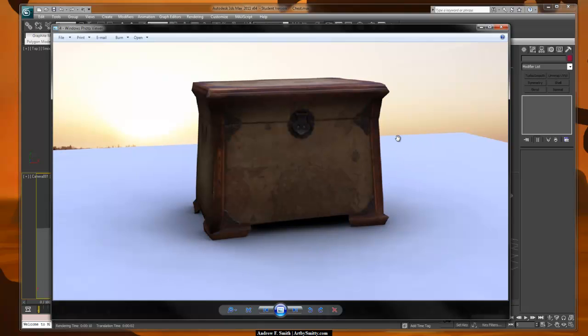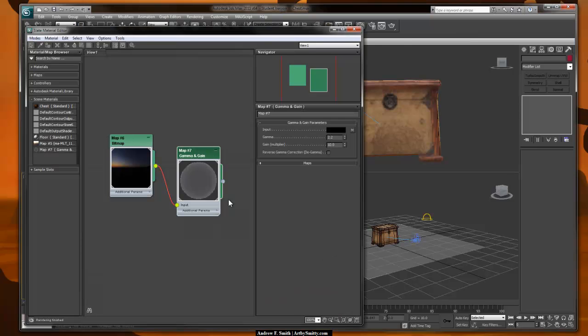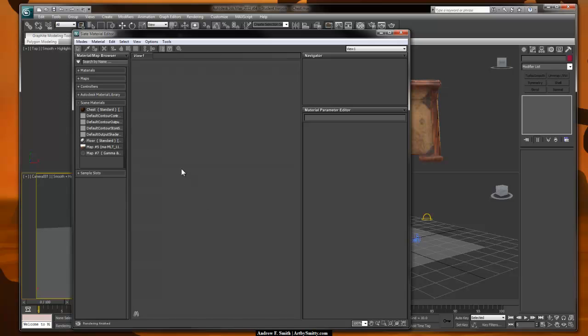Now obviously we want this ground plane to be see-through, and we only want to see the shadows cast onto it. So one way to do this is create a matte object. In V-Ray it's much easier, but we're using Mental Ray, so we have to do a quirky workaround. I'm going to hit M on my material editor and just select these two and get them out of my workspace by hitting delete. And what I'm going to do now is double click on this floor texture,